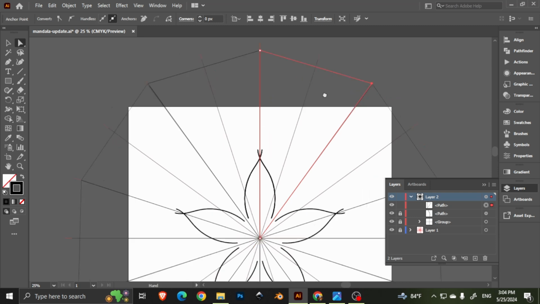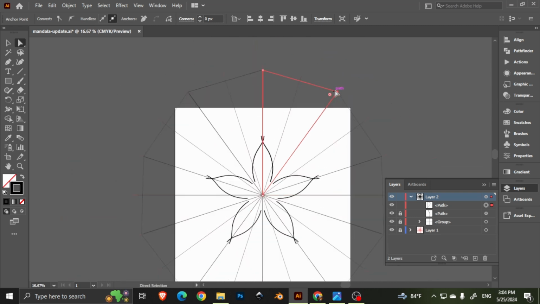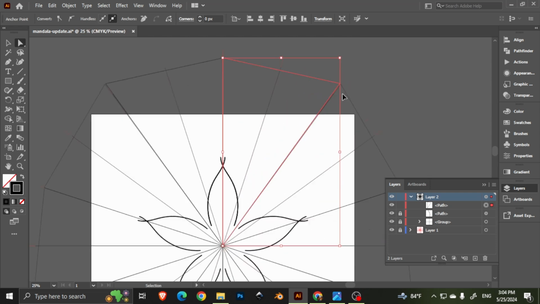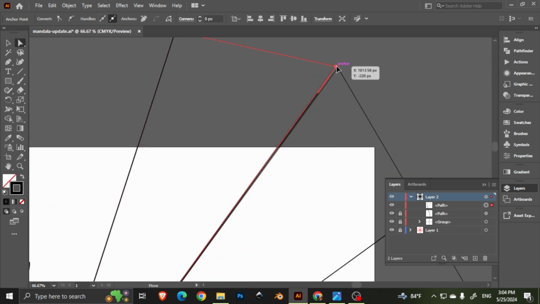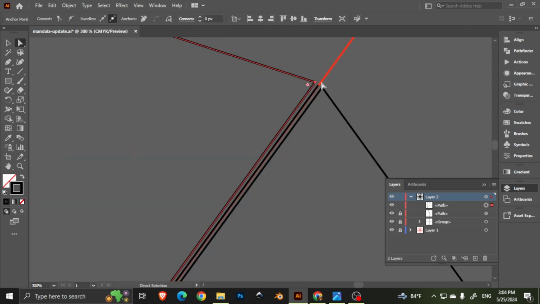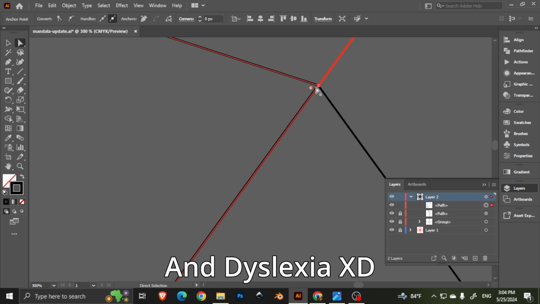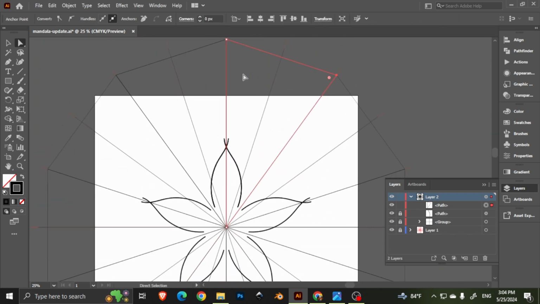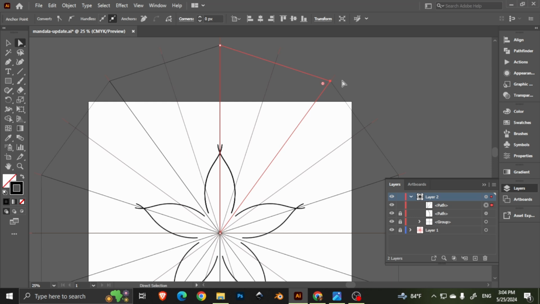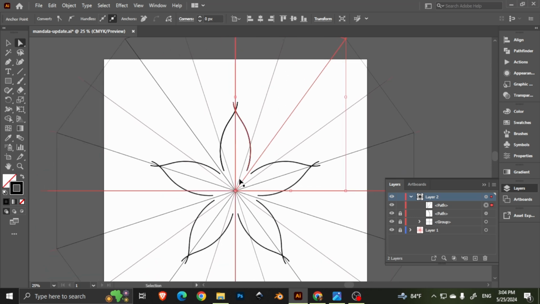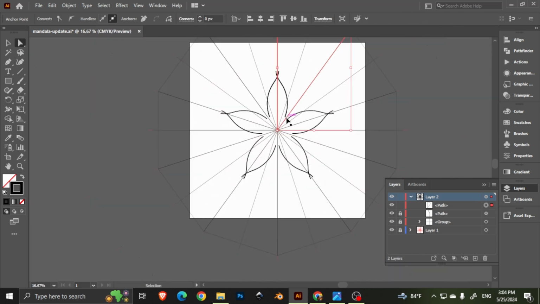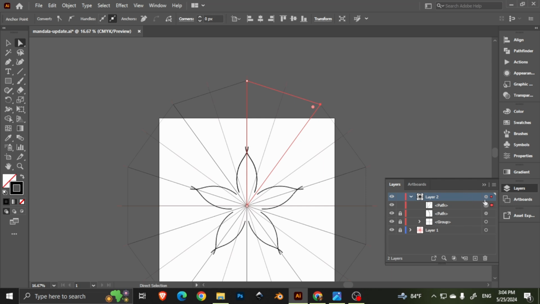So this, and also make sure you put it in the right place, because if you have a space like this, it's not going to look good. So make sure that you choose the right corner that you're going to connect it to, or else the... sorry, my OCD is kicking in. Alright, there we go. So make sure that you choose the right corner, that there's no space, and now that you do that, select everything